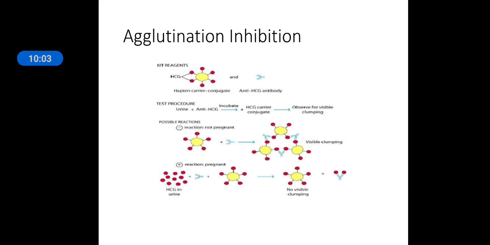So there will be no visible clumping. That is the reaction here. But if you are not pregnant, what will happen? There will be no HCG in the urine. So this anti-HCG antibody will bind with the hapten carrier conjugate, and it will form clumping. So that is the agglutination inhibition reaction.